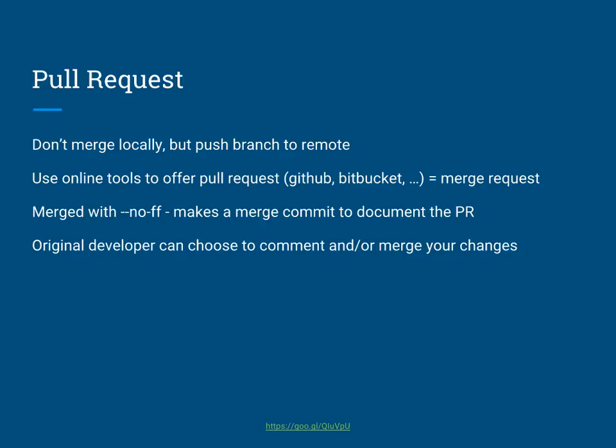They're always merged with no fast forward, for the people who like linear history, so this is a bit of a downside. So it always makes a merge commit, and the reason for that is that documentation of the pull request is being put into the merge commit, so it piggybacks on that. So you offer another developer or yourself, but usually another developer either in your team or outside of your